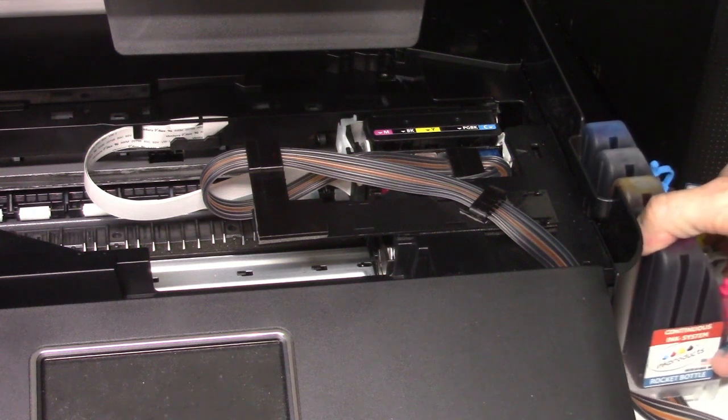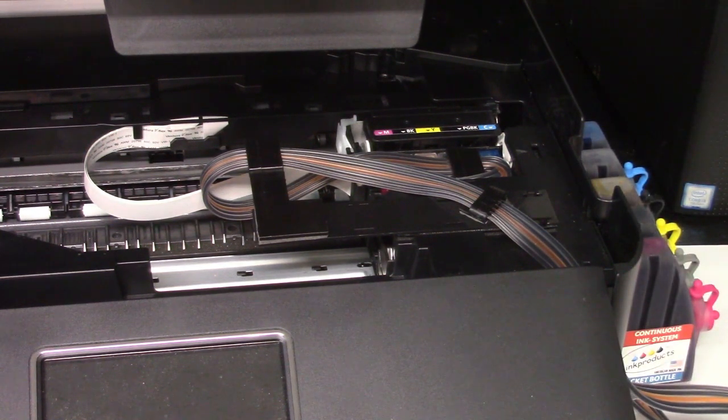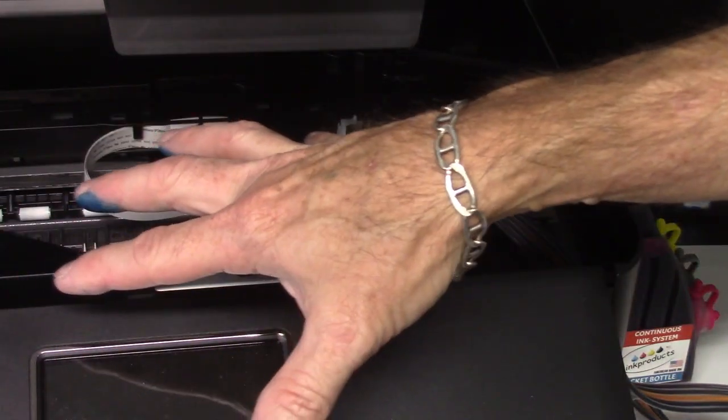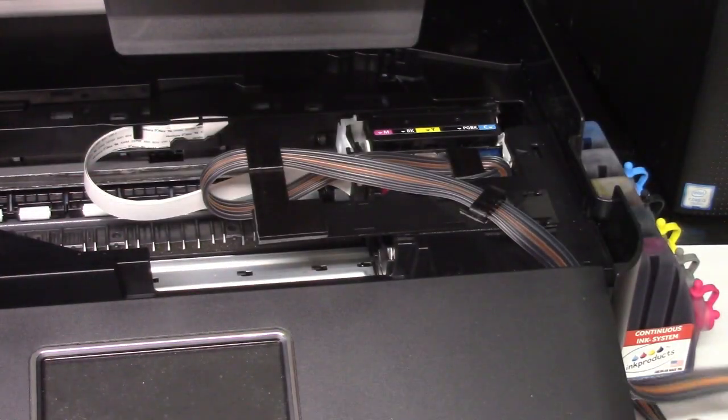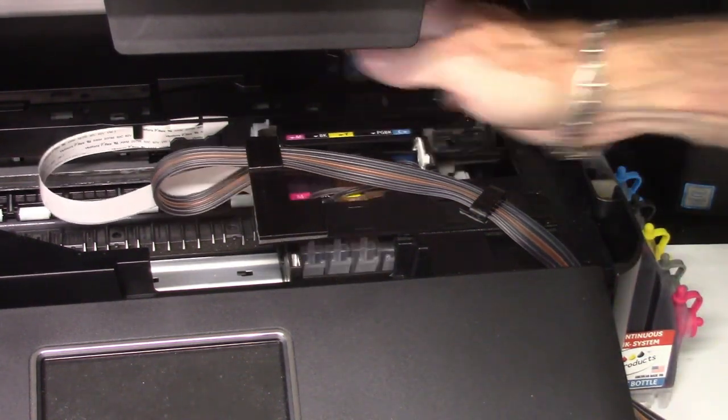Ink bottles must remain at the same level as the bottom of the printer. If you raise this up even for about a minute, you'll flood all that ink. You'll have a lot of head pressure and you have ink sitting inside of that printer, so you never want to do that. Once that's all installed, just one real quick, go back here,